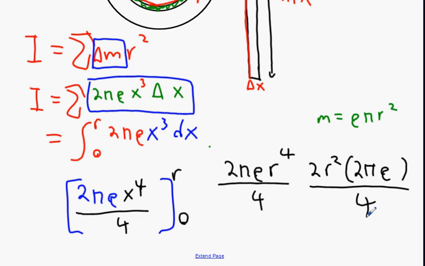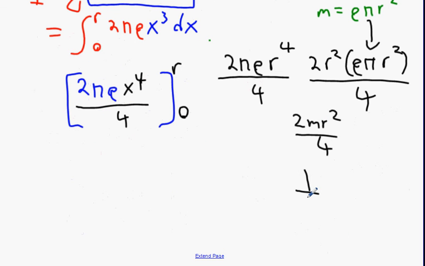Oh, I see. I made a mistake there. The 2 is out. There's no 2, and I need to write it differently. Everybody happy with that? 2 by pi rho is 2 pi rho. R squared by r squared is r to the power 4. Directly substitute in the m, and we get 2 m r squared over 4. Half it, a half m r squared equals I, and that is